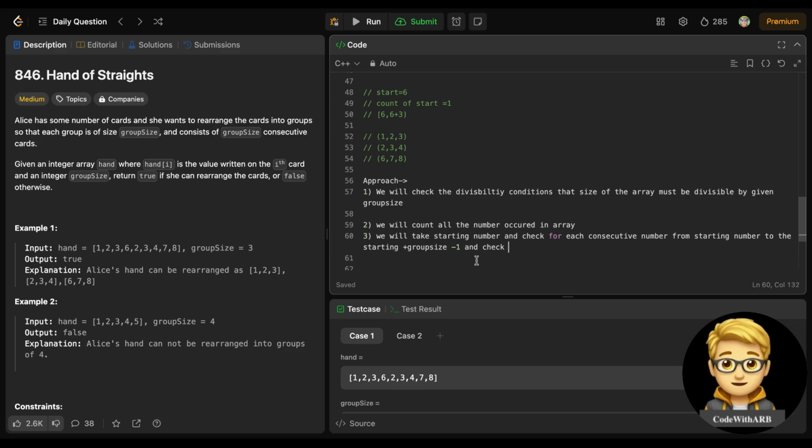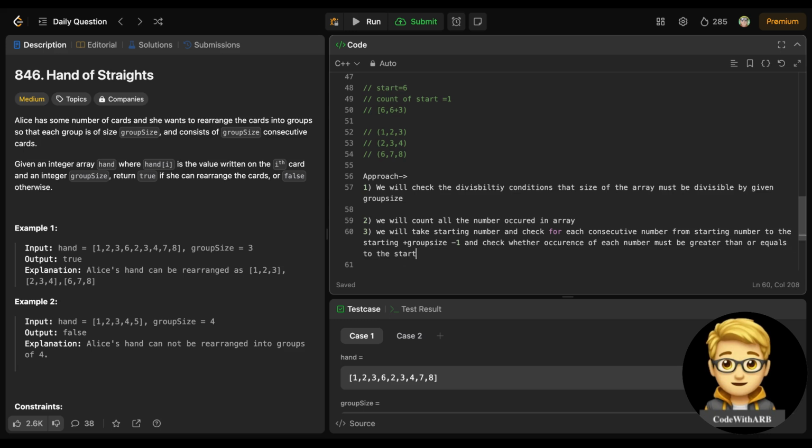And check whether the occurrence of each number must be greater than or equal to